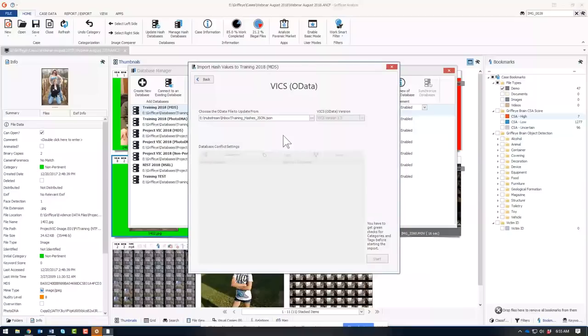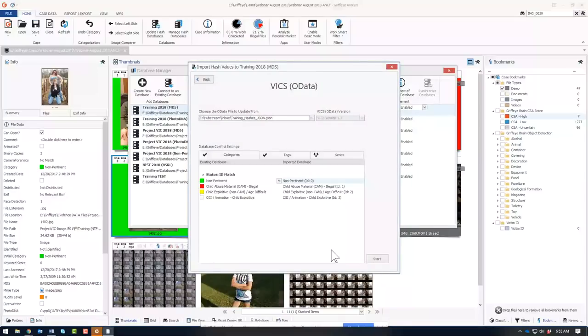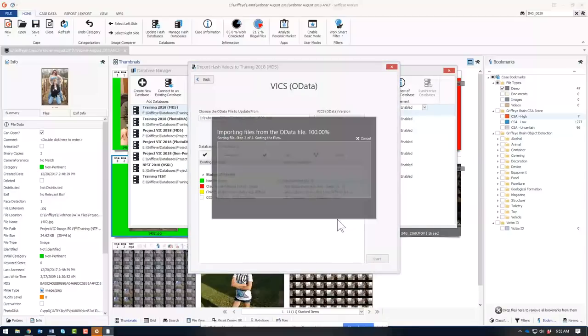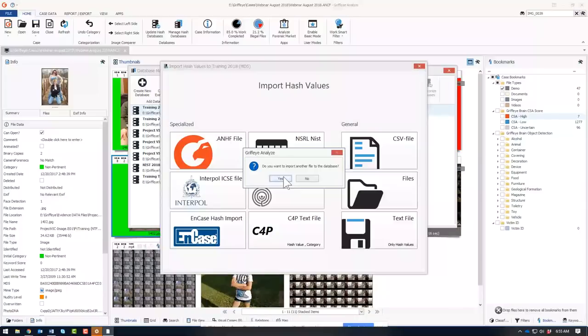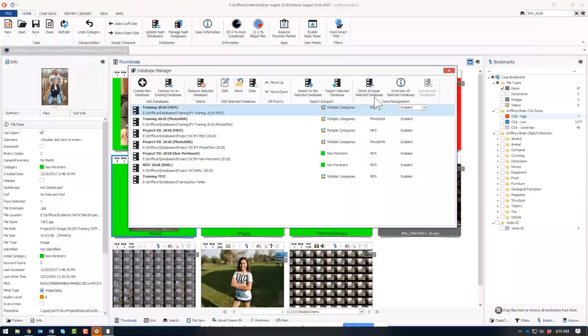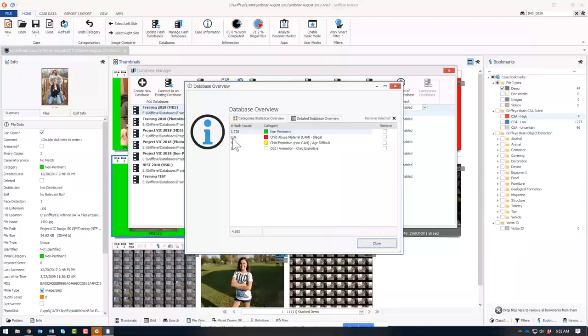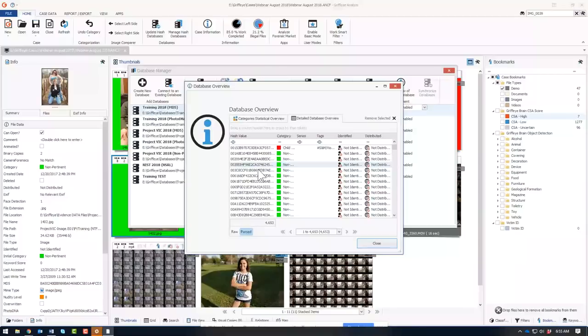I'm going to bring that in, and this is a very small data set, so it's going to import all the files. There are some conflicts because I already have files in there, but it takes the highest ordered one and overwrites whatever exists. I don't want to import another file. Now I want to look at this database, and I can go to overview, and it shows me all the values that exist in that database. Then I can dig down even more if I want.